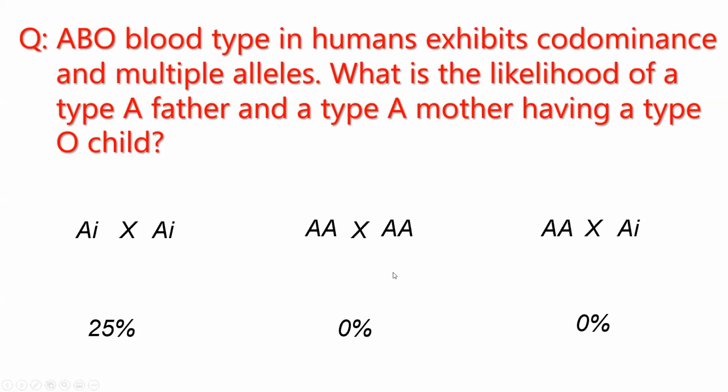There is a third possibility where one of the parents is homozygous type A, and the other parent is heterozygous. Same deal here. If you look at the babies, there will be a 0 chance for any baby to be type O, because for a child to have type O blood, he should have this small i allele from both parents, and a homozygous parent cannot give it, only a heterozygous parent can.